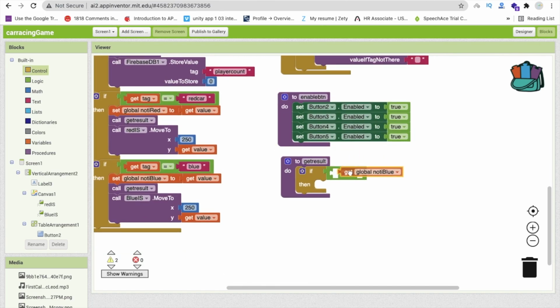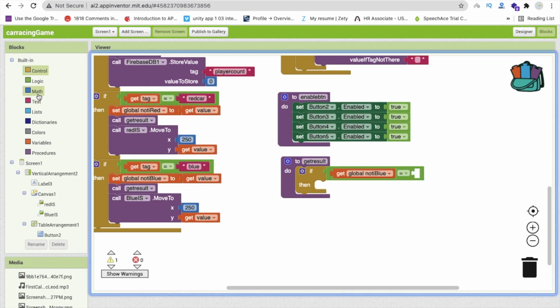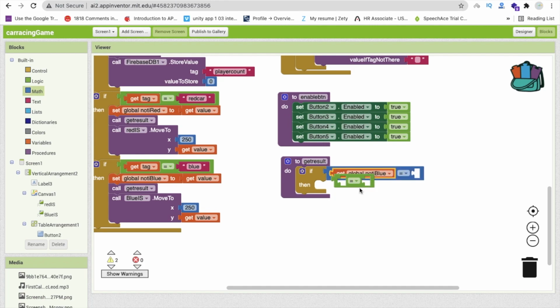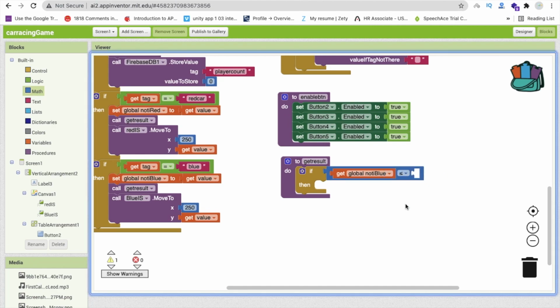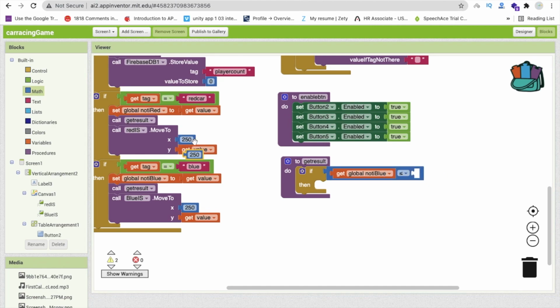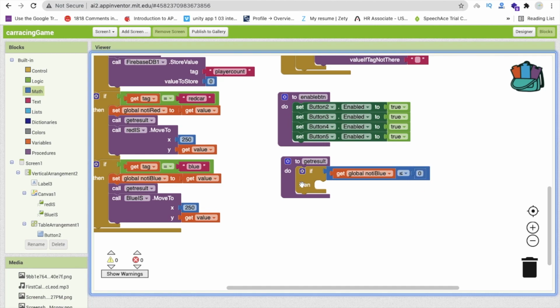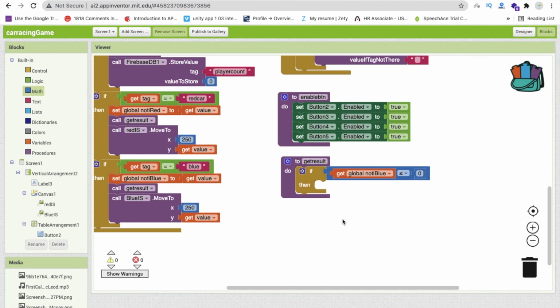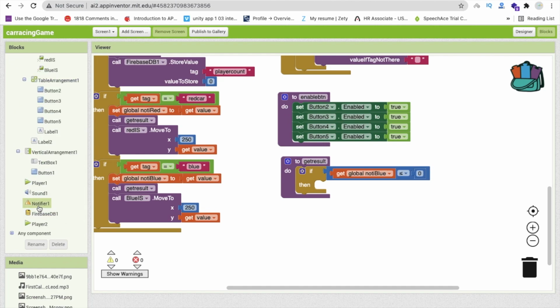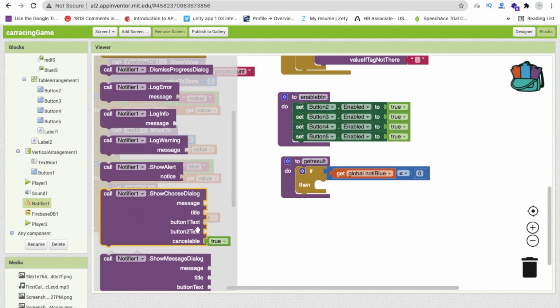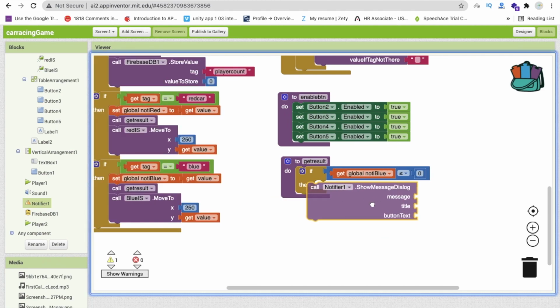If the get notifier value is less than or equal, so we have to use here this math function, and here I'm going to remove this, is less than or equal to 0, then we will make this one the winner. And who is the winner in that position, we have to call this one. Here we have a notifier, so we will call here one notifier, simple notifier, this one.